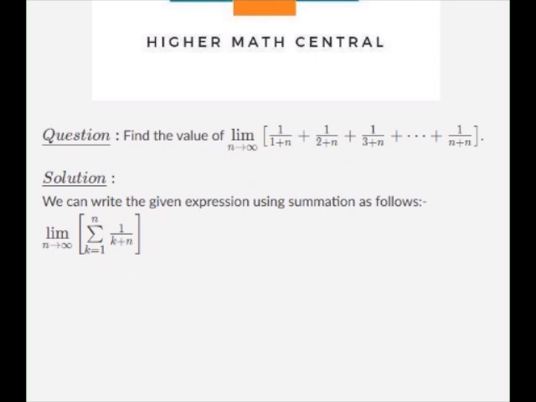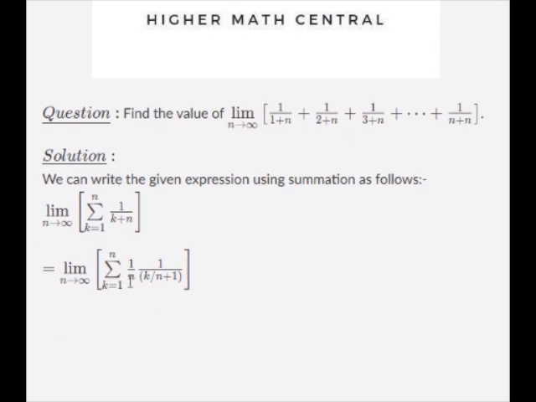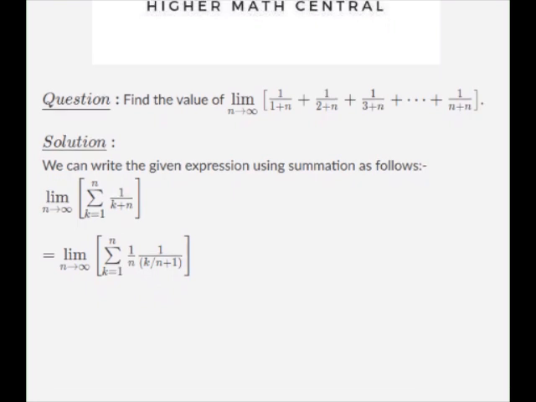Now in this expression we can take 1 by n outside, and then we will get the summation k from 1 to n of 1 upon n into 1 upon (k by n plus 1). Why I have taken n outside as common, I will tell you later. Now continue with me. Just now we can convert this Riemann sum